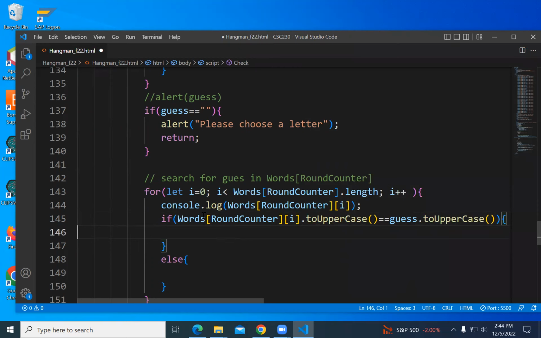Okay. So I want to change my display word. The display word is as long as round count. If I'm thinking of round counter as an array of characters, then the display word is a parallel array. It's got as many letters.